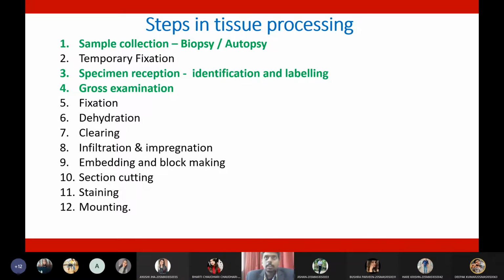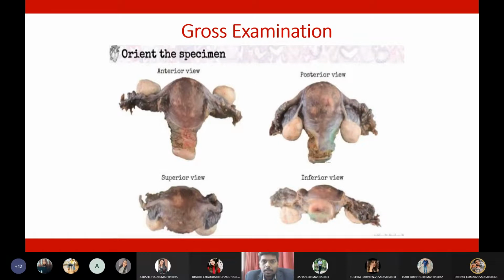So coming to the gross examination, first, students, say for example, we got a uterus sample. So we got a gross specimen. Let us assume this is the specimen we received. What we can identify in this specimen is, first of all, that this is a uterine sample; it looks like a uterus. So it has a fundus of the uterus, fallopian tubes, cervix, a part of the internal os, the tip opening of the vagina, then ovaries, fallopian fimbriae, and even ligaments. So these two are ligaments. These are the parts we have.